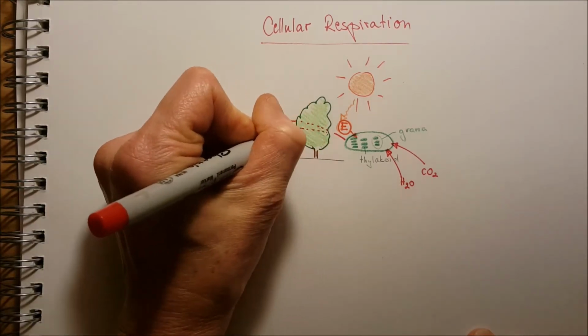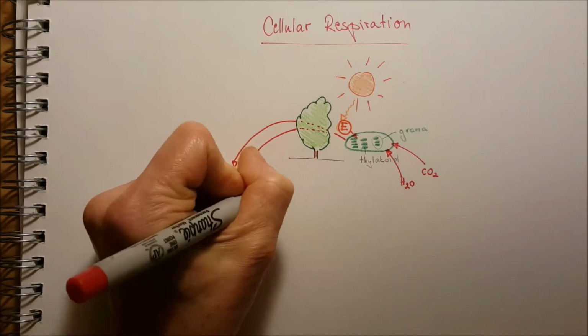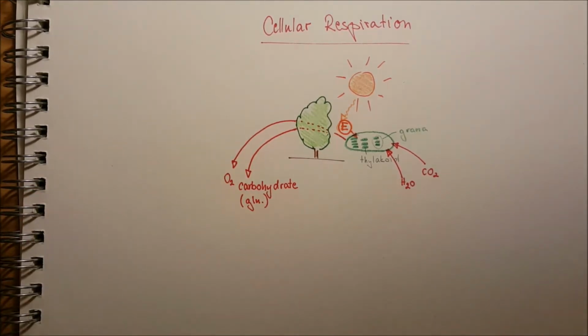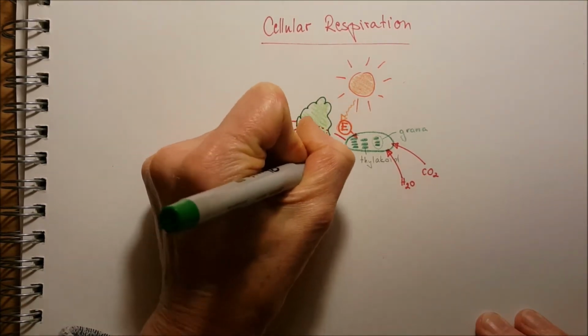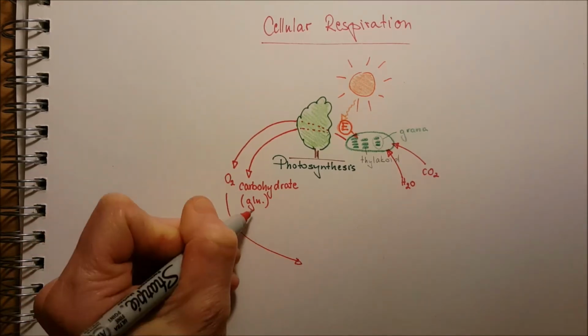The byproduct of that reaction is the oxygen. So carbohydrate, we can call it glucose, but later on it will turn into glucose. This is the process of photosynthesis, and we will go deeper later on, but from now, let's focus